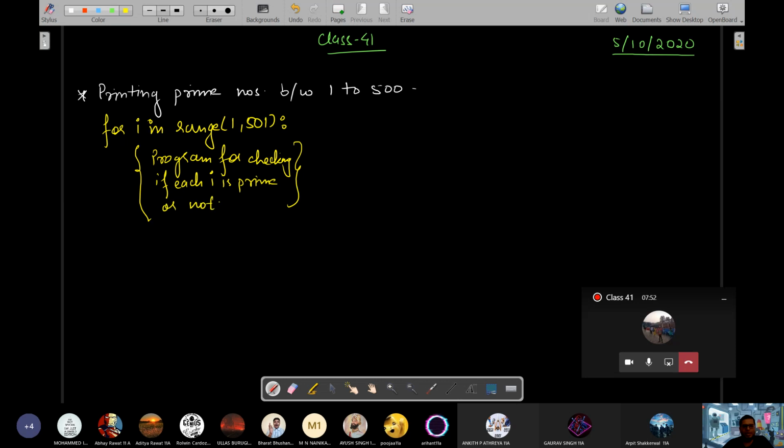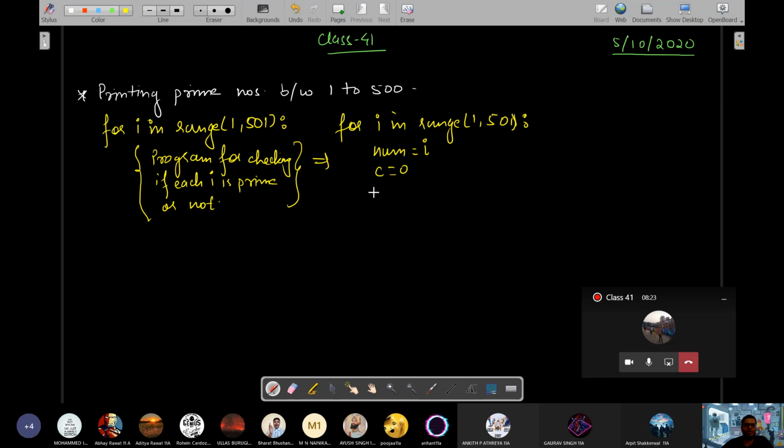And this concept we had seen. The code will be, let me quickly write it: for I in range 1 to 501, every time the number that you want to check whether prime or not will be I. Now how will you check? First you will count the number of factors of each I. So for that, take a counter initially as 0.